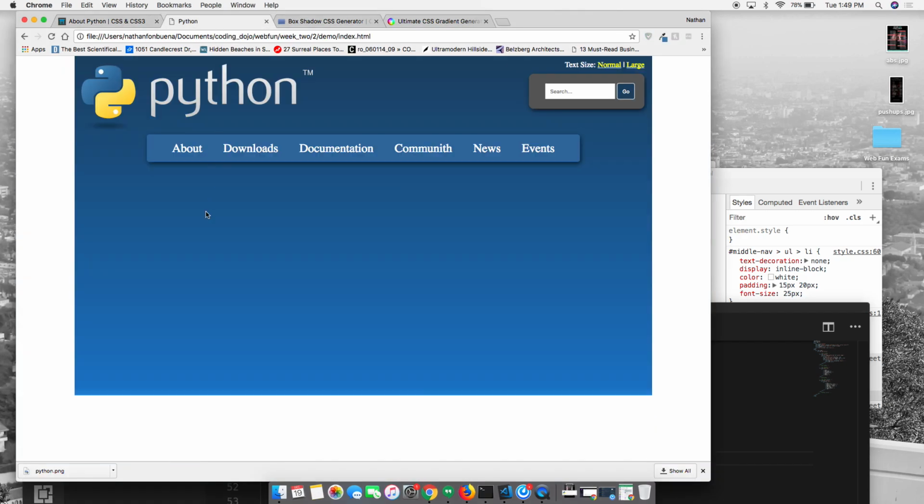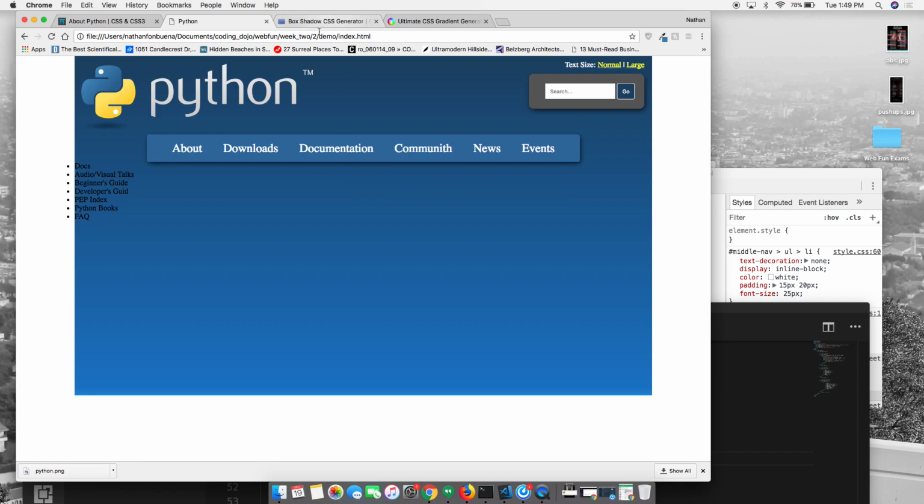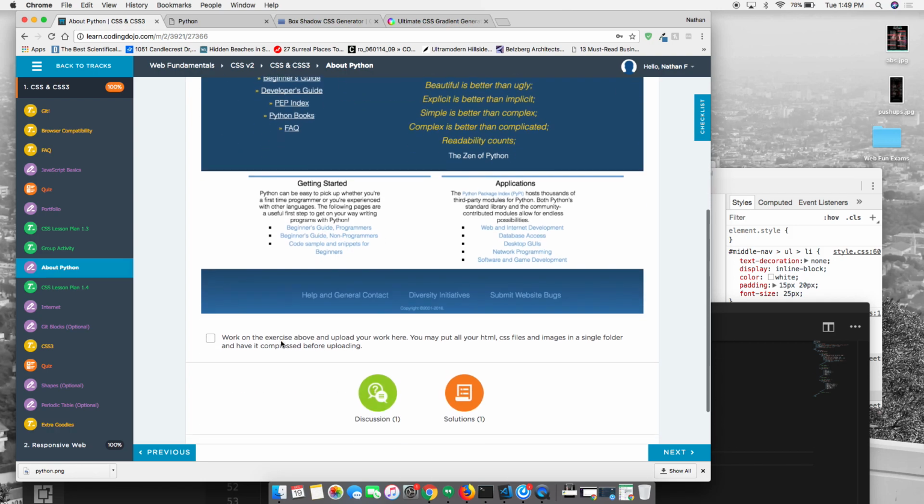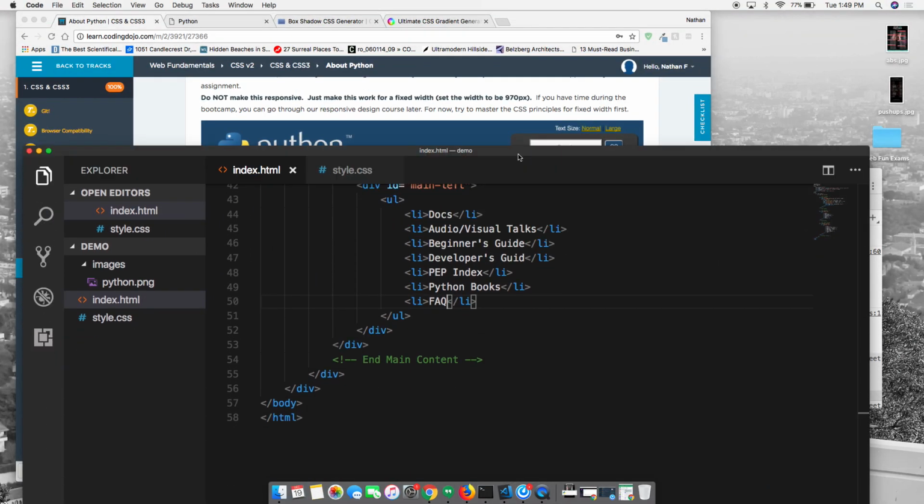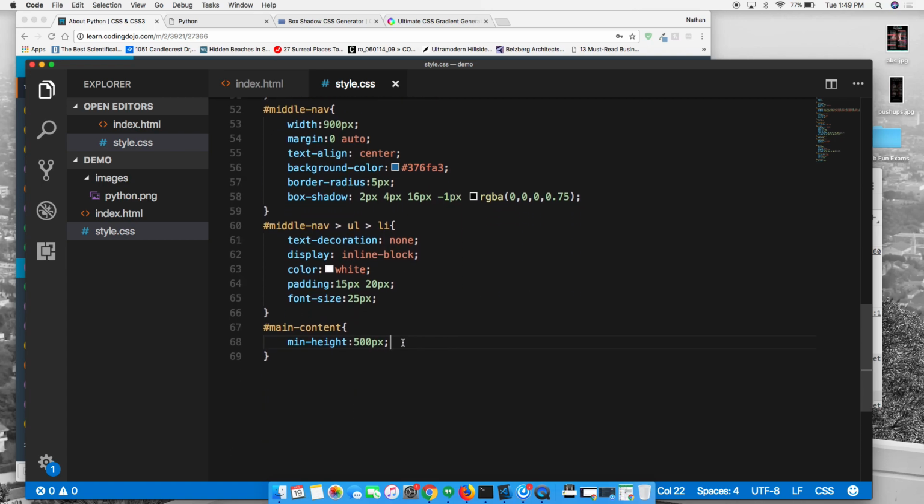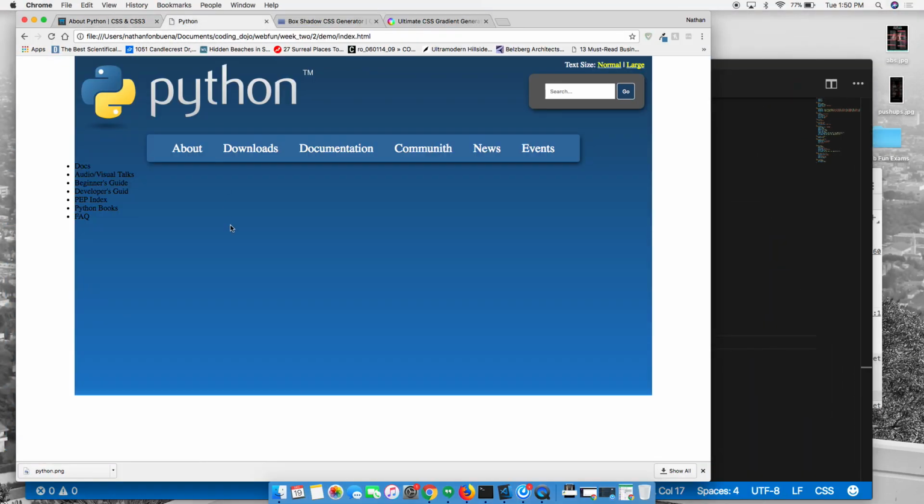Okay, so let's go ahead and refresh this. Cool. So that is way over there. Not really what we want it to look like. So let's go ahead, and it looks actually like we want to keep this the same width. Everything else is the same width as this middle nav. So if we look back here, we can see that middle nav had a width of 900 pixels. So I'm actually going to also give this a width of 900 pixels, just so everything stays